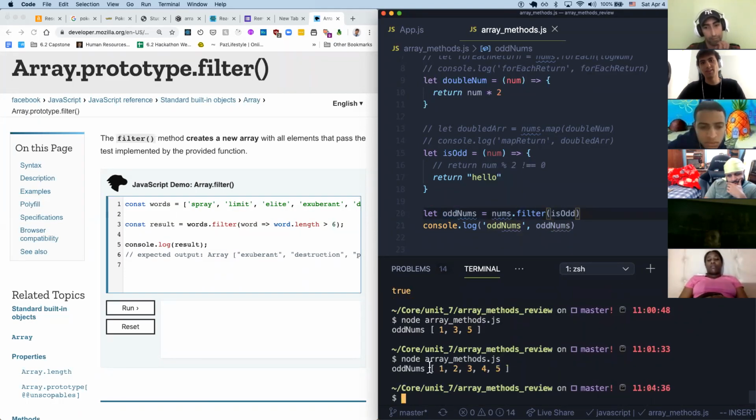We end up with all nums being all the same elements of the original array. This is not the original array. It's sort of a copy of it, or a new array that just happens to have all the elements that the original had. And that's because this string is a truthy. So basically, all the elements in this array are passing the test, because for all of them, the callback is returning a string, which is a truthy. That says pass all the elements. What if I return